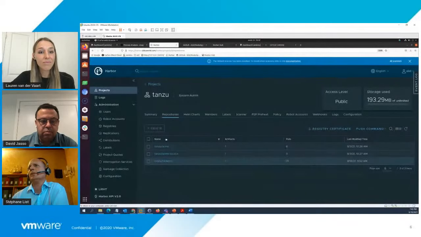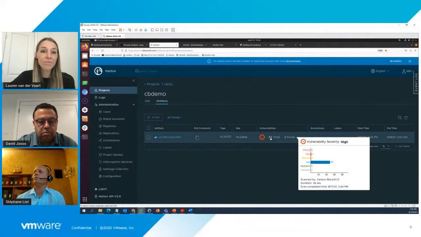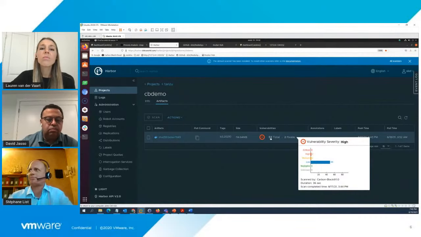For example, we can see here that for a container, we can scan the vulnerability of the container and report inside Harbor with Carbon Black how many vulnerabilities are present in one container. So Carbon Black is for all Kubernetes, but it will integrate more and more in all VMware products.